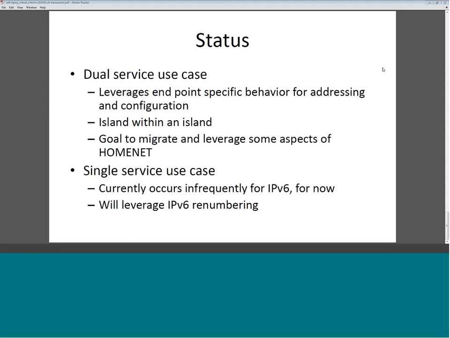Some of the things we are looking to do moving forward: we are exploring the possibility of utilizing some of the work that's done in HomeNet. A lot of the very basic stuff, and I heard Julian out there earlier, even pre-Babel type activities, things like HNCP and DHCP, really did provide some of the base functionality that we needed to manage this use case in a dual egress situation, where we can make it so that both egresses had the same